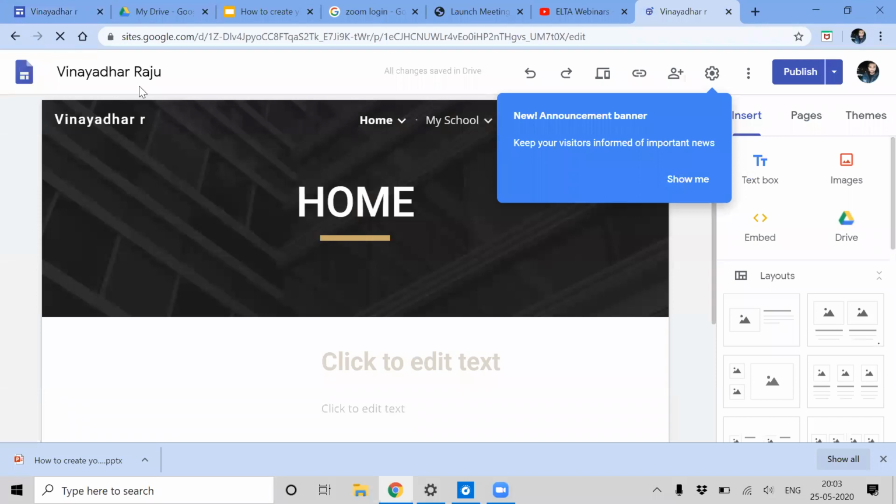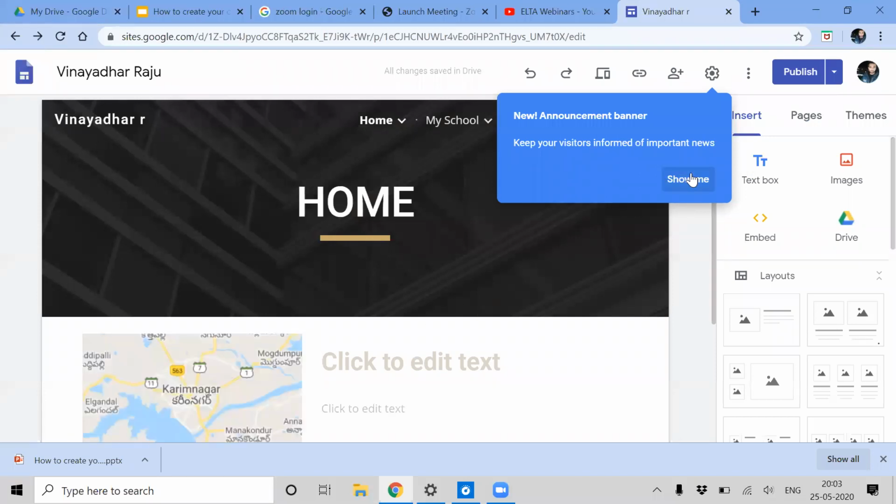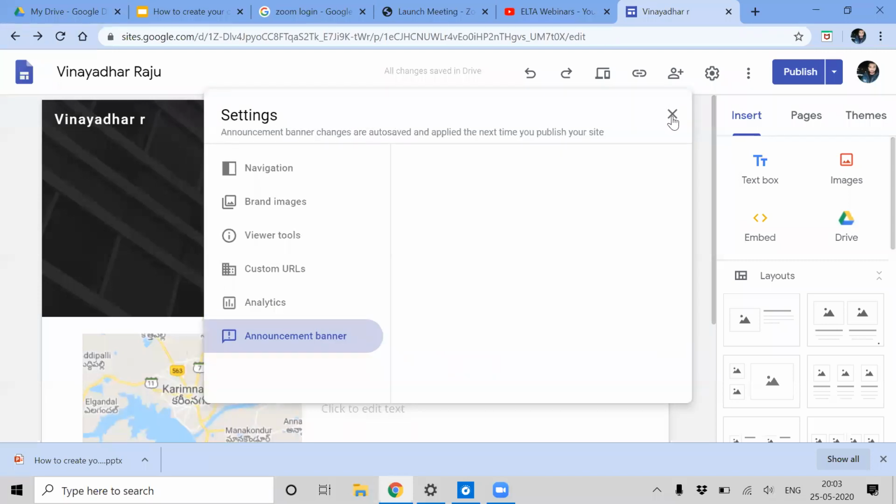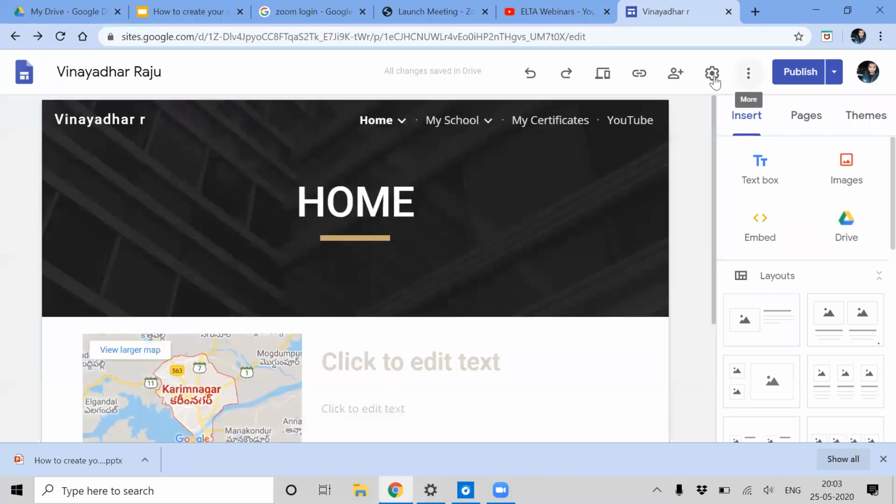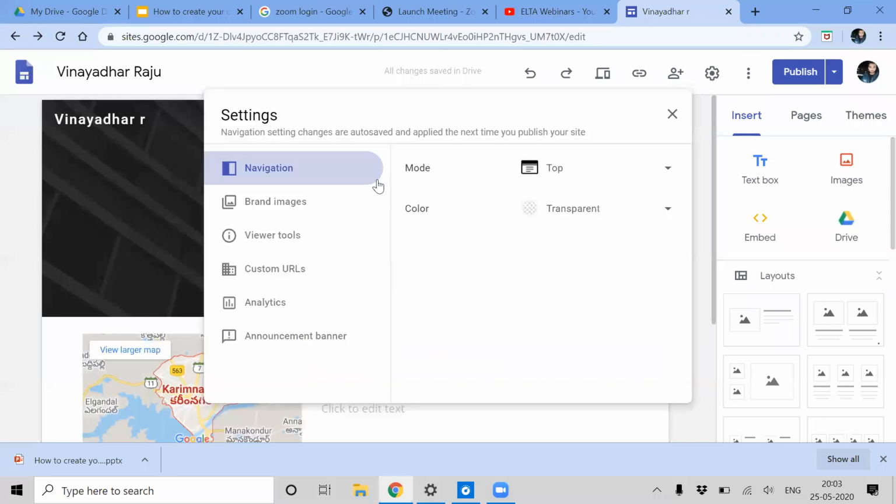So these are the different options available in it. Under settings, you can add navigation at the top or at the bottom. Sidebar means it will come like this here. It has changed. Look here. If it is at the top, it will